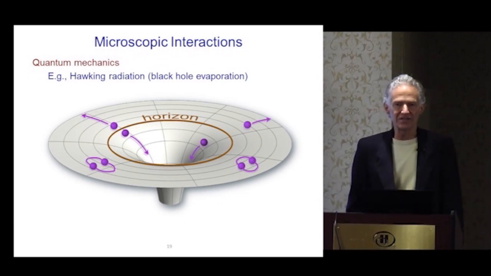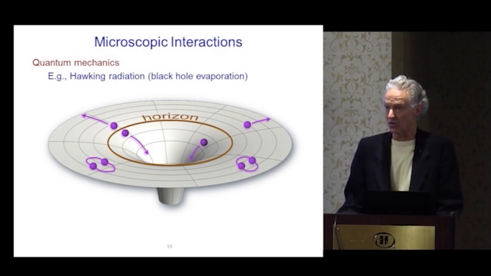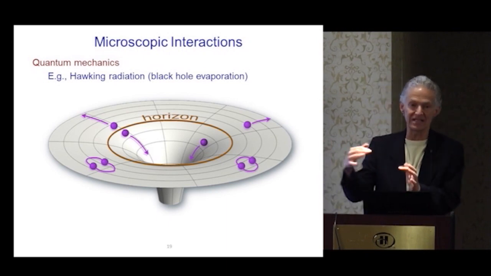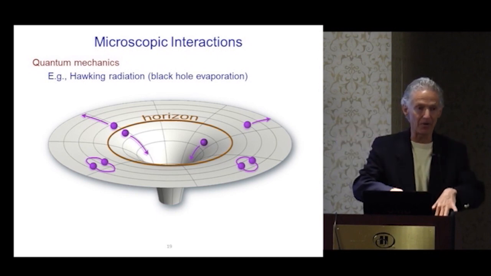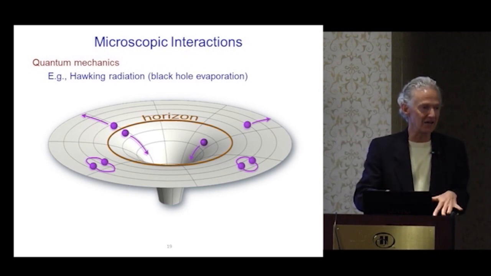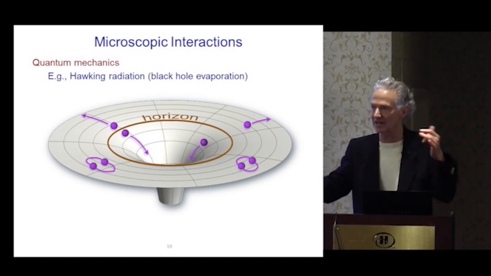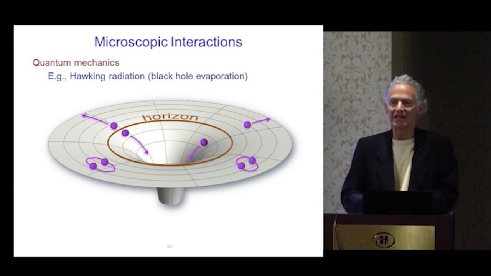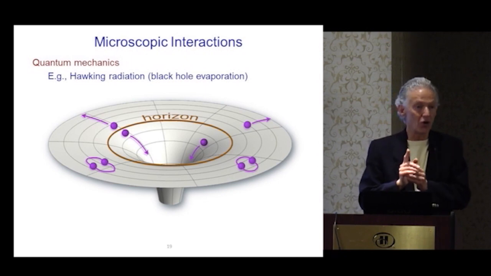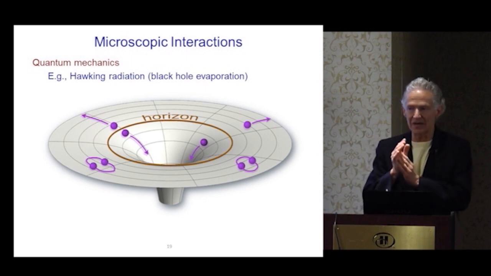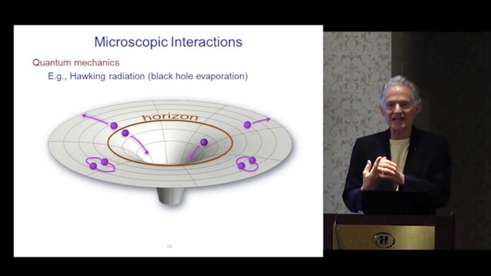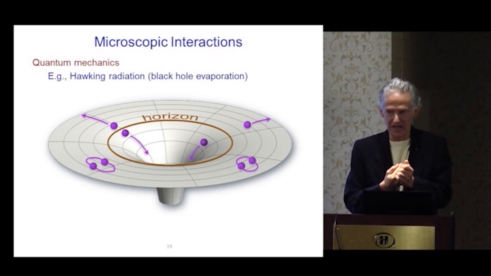So we know that there's an event horizon in black holes, and if anything encounters the event horizon, particles, radiation, everything falls into the black hole, never to come out again. Except for Hawking radiation. So Hawking figured out that there is a way to radiate particles from a black hole, and this has to do with pair creation.